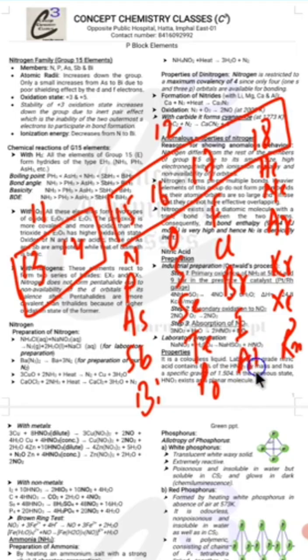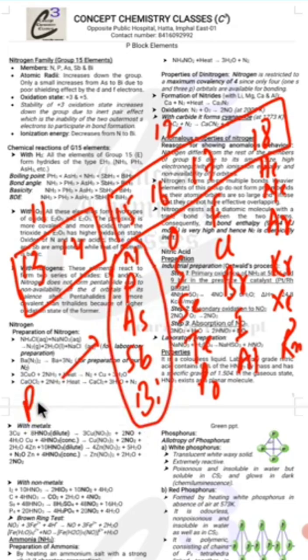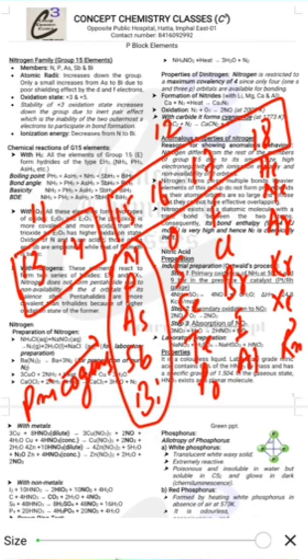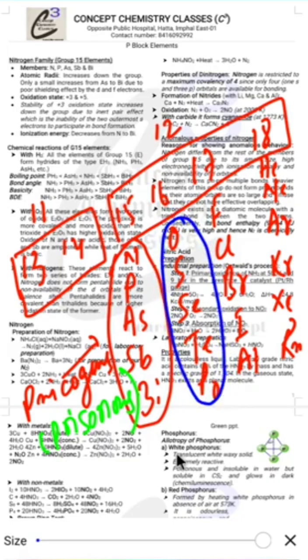Okay, now group 15 elements, which are called the nitrogen family, are also called pnicogens. Why are these elements called pnicogens? Because they are poisonous. They are poisonous, therefore these group 15 elements are called pnicogens, while group 16 elements are called chalcogens